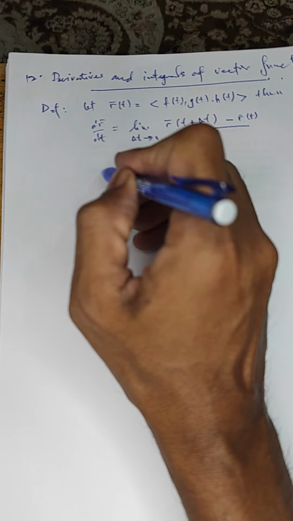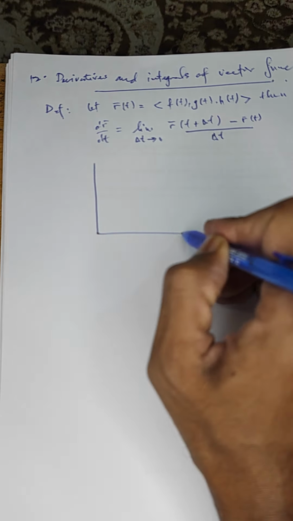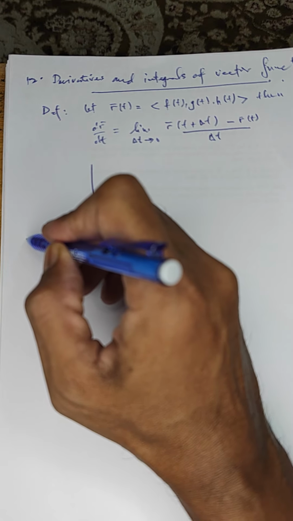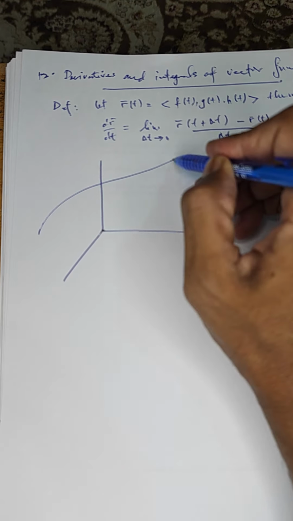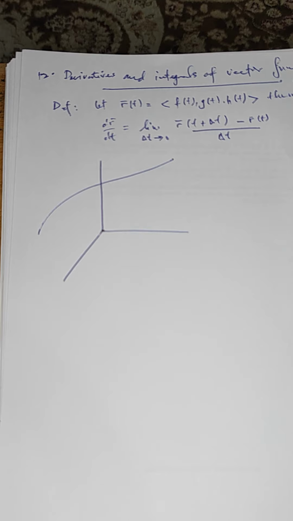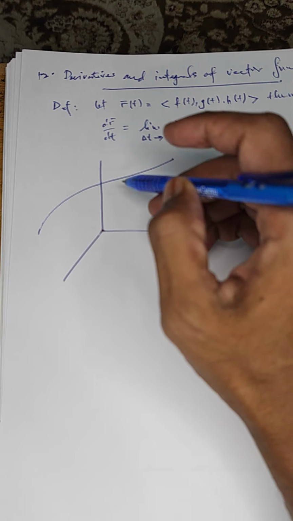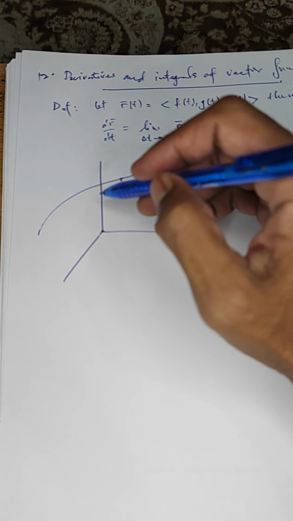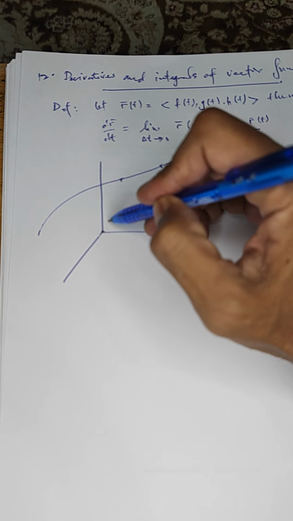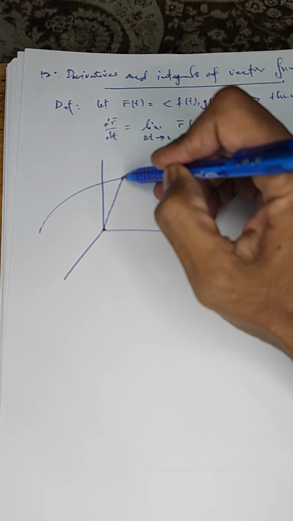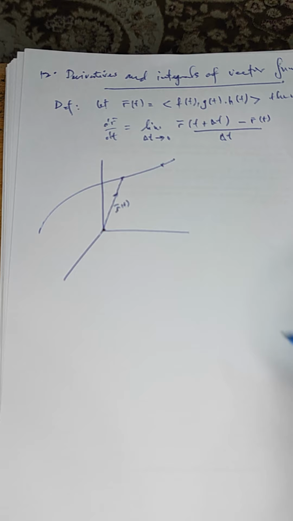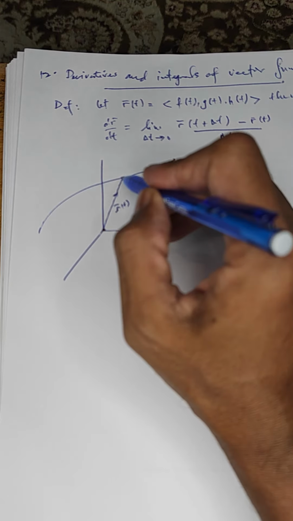If we consider three dimensions, and we have the curve, at point P and at point Q on the curve, at point P we have a position vector r(t). So this is r(t), and after some time,